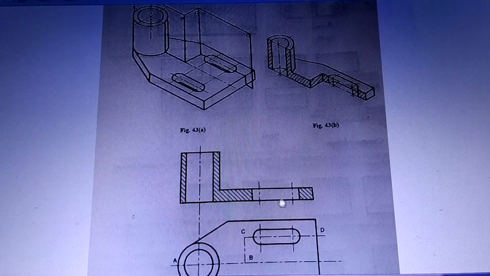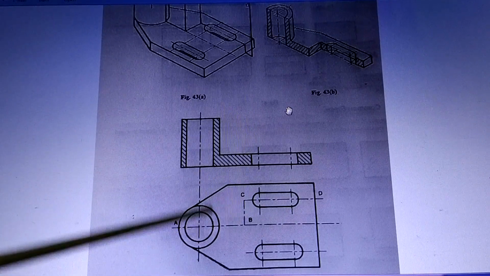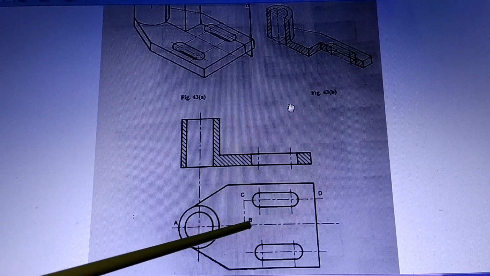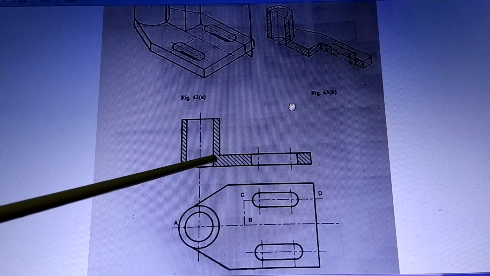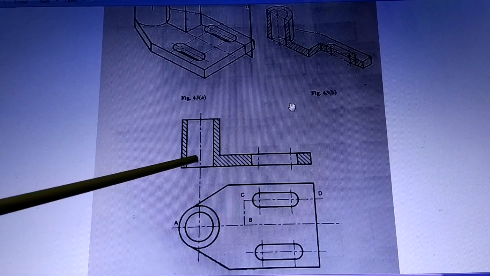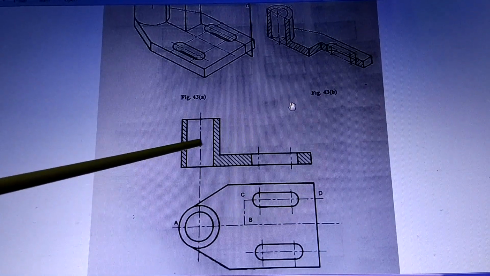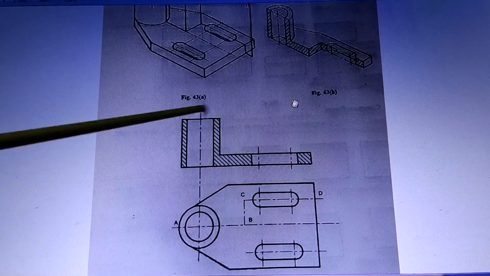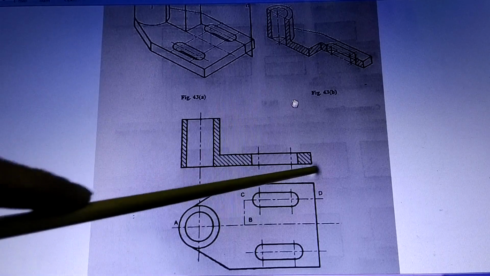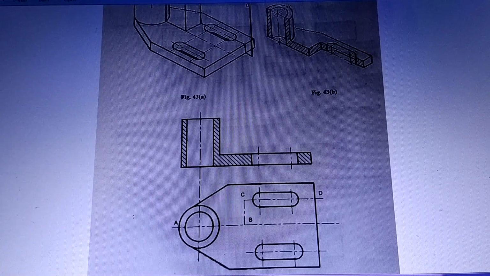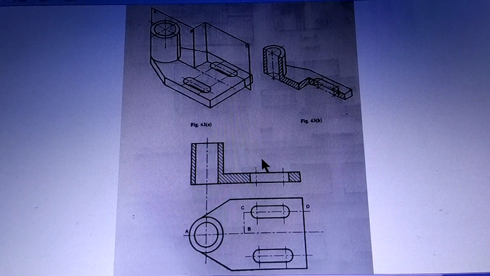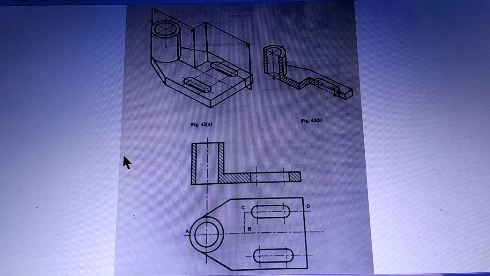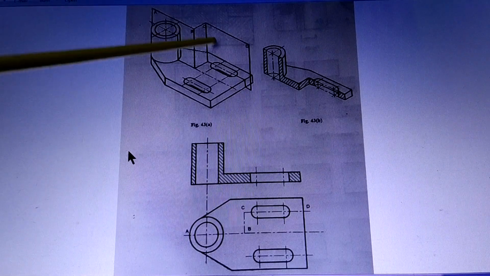That doesn't happen because there is also a top view with you. So when you interpret both of them together, when you see the top view and when you see the cutting plane going like this, then the sectional view gets its meaning. So the front view in section, when you draw along with this top view showing the cutting plane, then the interpretation takes place properly and you can understand why it is drawn like this. So this is an example of an offset cutting plane.